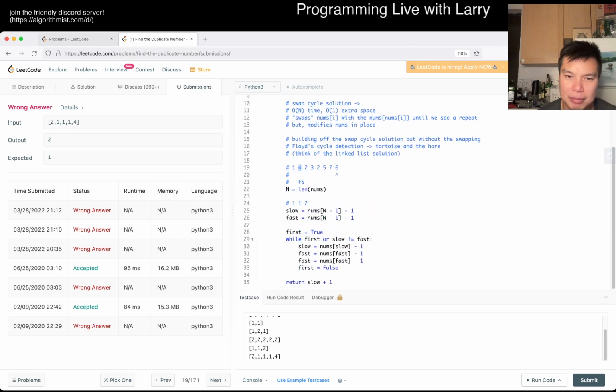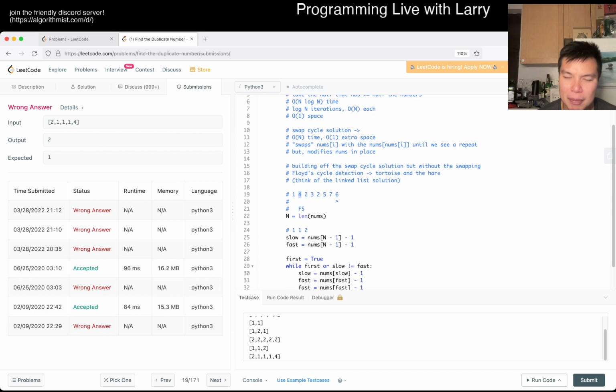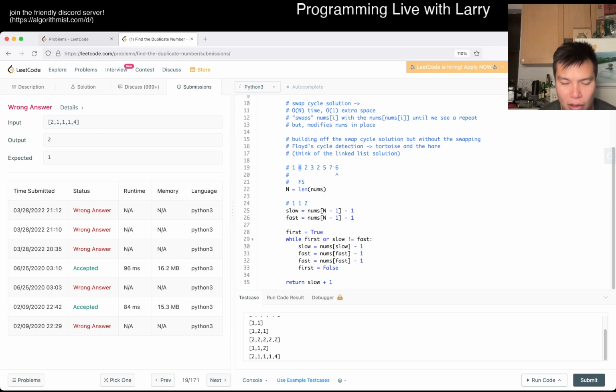unless I messed up something. And then the number pointing to it is 2, right? Oops. And that is not the number in the 4th index, it's just the index, which is 2. So why is this wrong? Okay, so let's say we start at 4. 1, 2, 3, 4. Now 4 points to 1, and